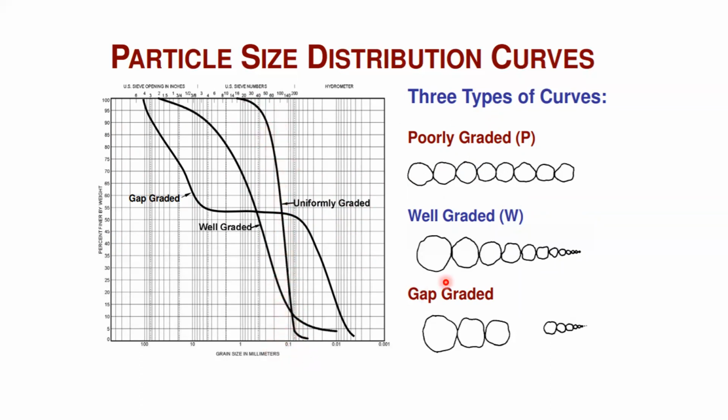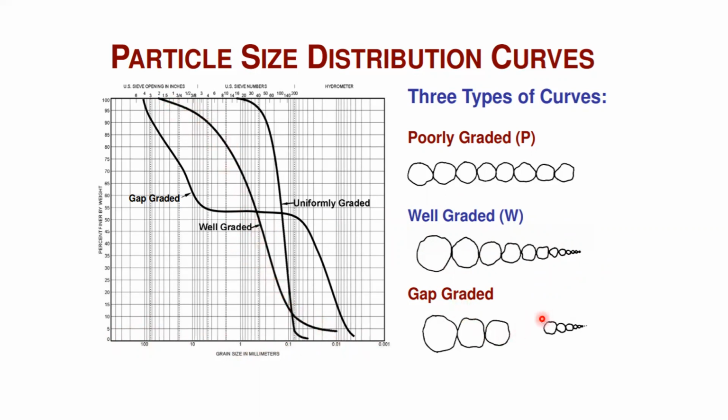And well graded means all the sizes are there. You can see all the sizes go on decreasing. That means the soil sample you have collected from some location is well graded. That means it will have all the sizes of the particles. You can see the smooth curve. That curve covers all the sizes of the particles available on the x-axis, right? You can see the drawings.